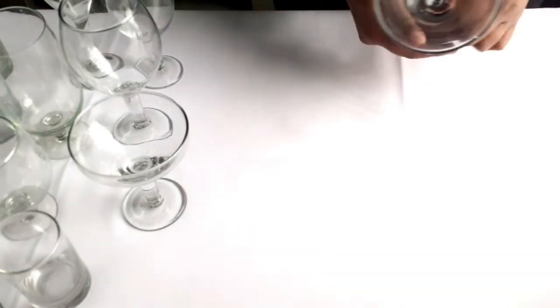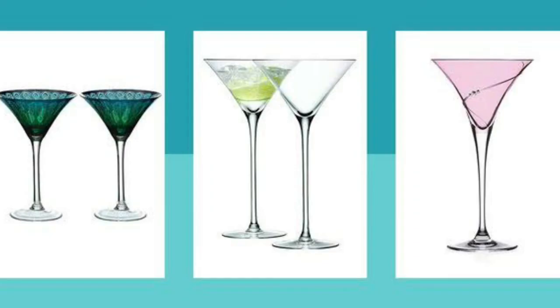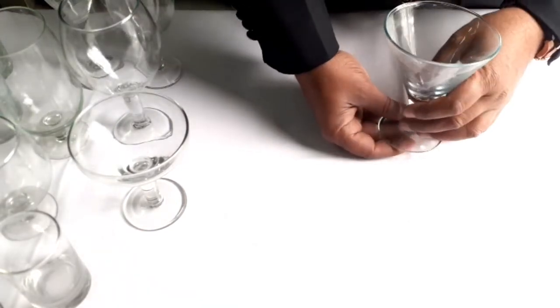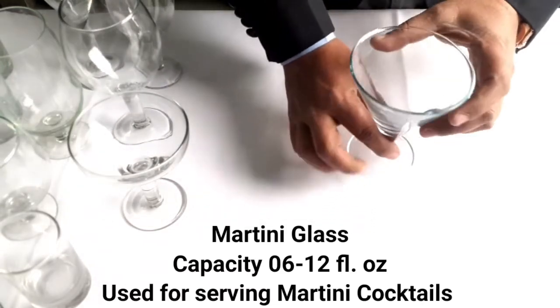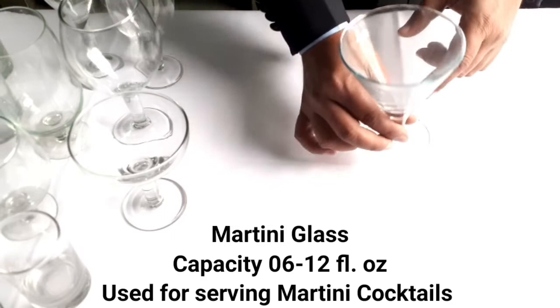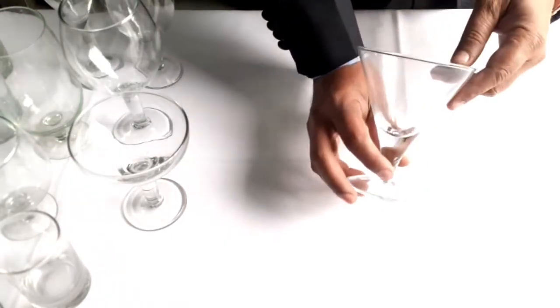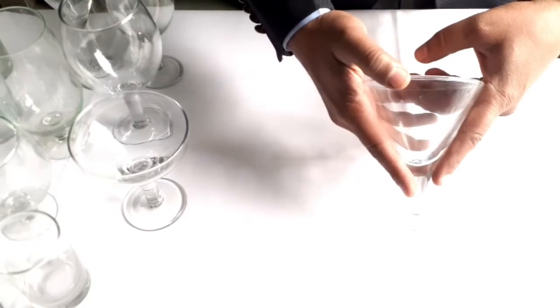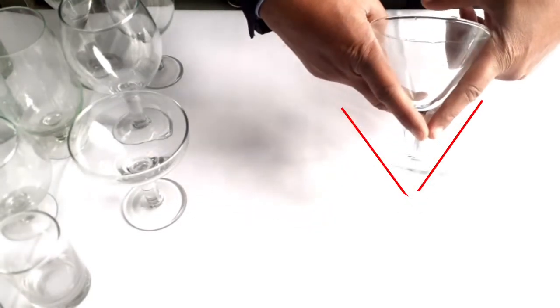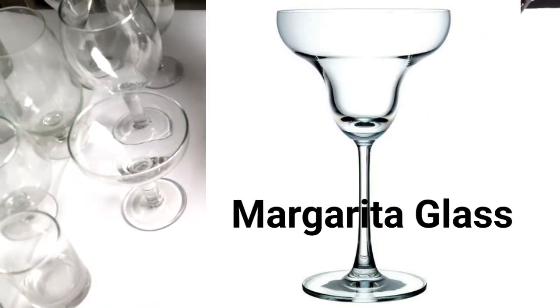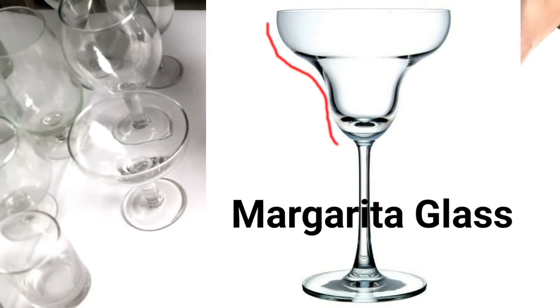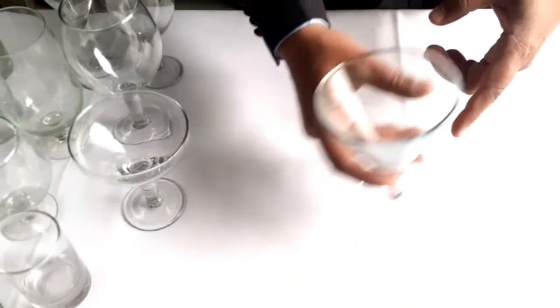After this, we have the cocktail glass. This is the martini glass. Martini glass comes in various sizes with long stem and very big also. So the size varies for this type of glass. The size of this glass might be 6 to 12 ounces. There are very different type of capacity of this glass, but the shape is like a V shape. Whenever you have to see which one is martini or margarita, margarita has a slight curve in the glass. And this one is straight V type glass, V shaped glass.